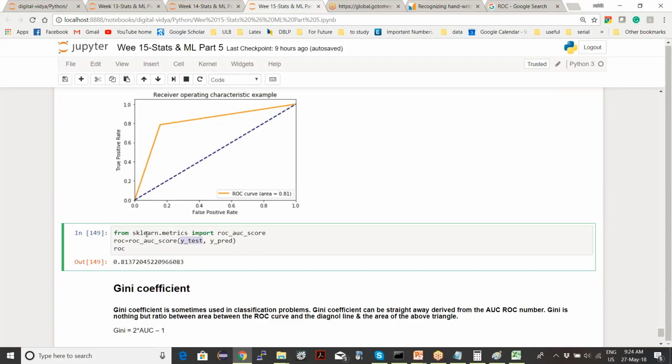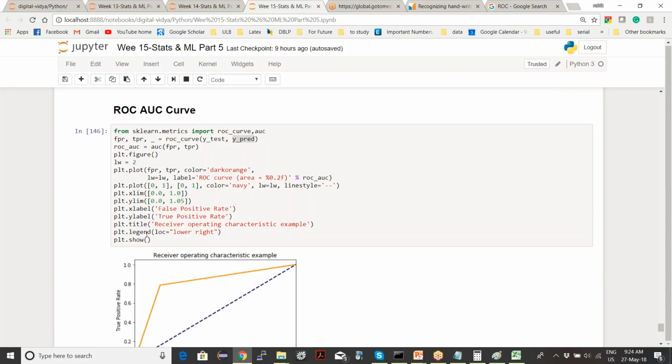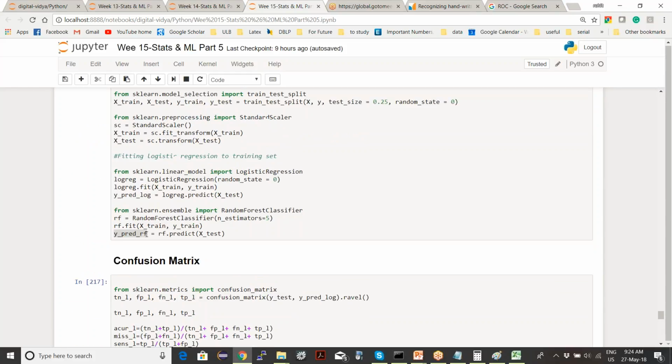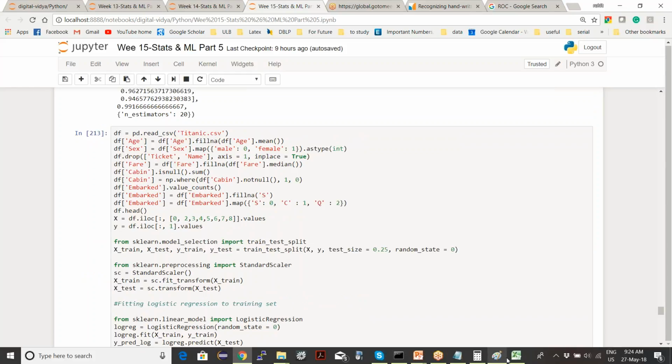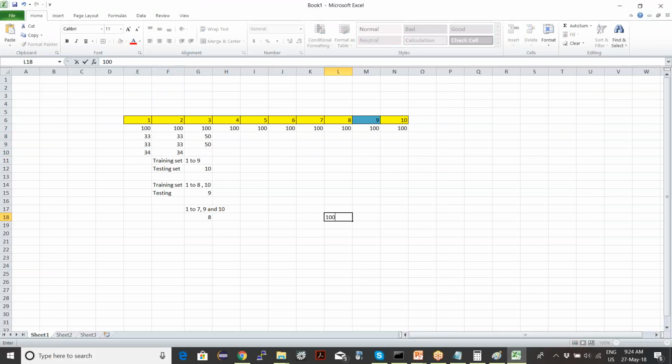Suppose in training this Titanic data, you had only 1,000 rows. Out of these 1,000 entries, 950 are dead and only 50 are alive.